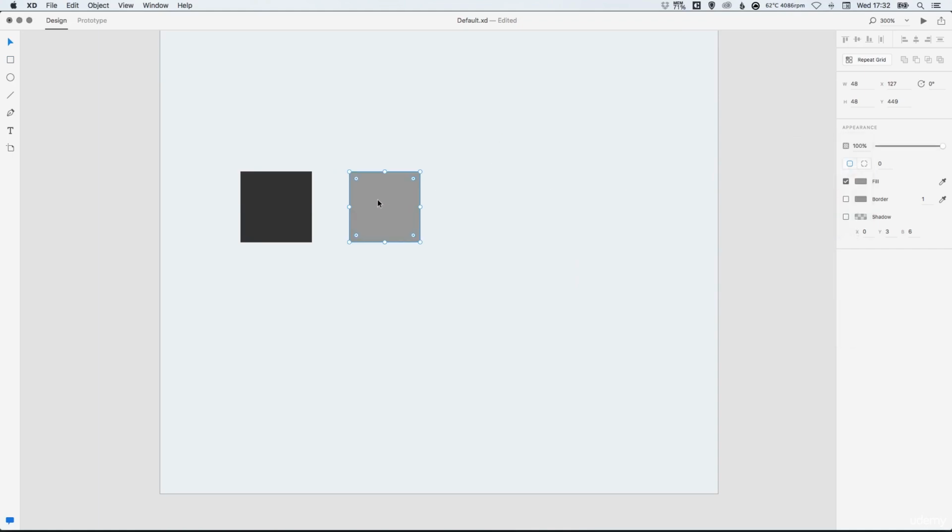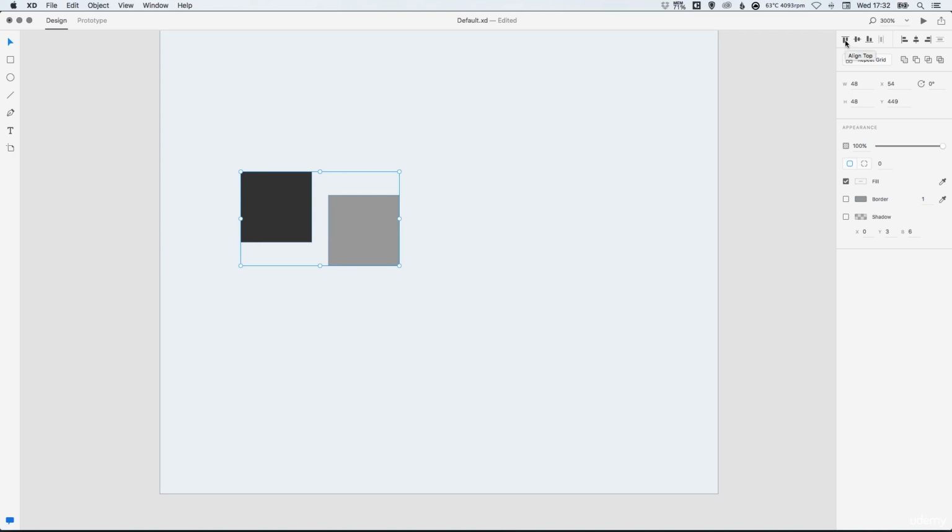Now our alignment options are at the top of the property inspector on the right, so you can see them here. They are currently all ghosted out and unselectable as I've only got one shape selected. However, if I select two shapes, most of them now become available. So if I move these shapes out of line and then select them both, working from left to right, we've